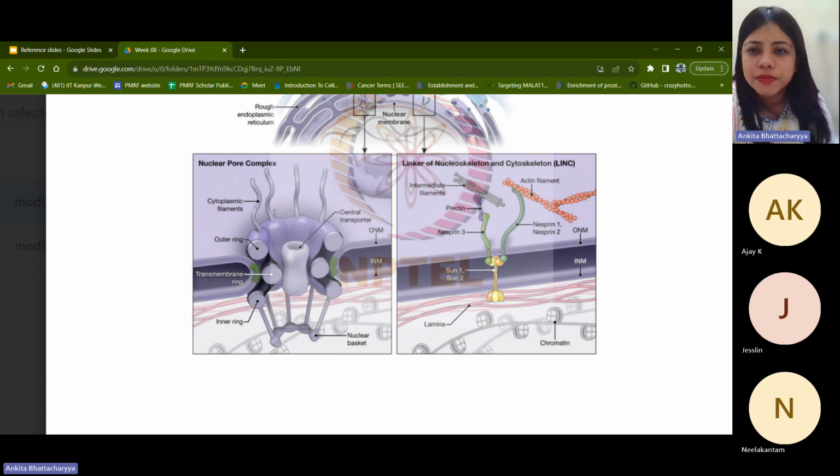And in that context, you can see that the part of the nuclear pore complex which is towards the nuclear side or the inner side of the nucleus is the nuclear basket. You have the inner ring, you have a transmembrane ring, and then you have an outer ring, which is linked to cytoplasmic filaments. So that is how the pore complex is formed. And at the center, you have a sort of schematically represented transporter-like structure through which whatever needs to be passaged will undergo the passaging or movement.